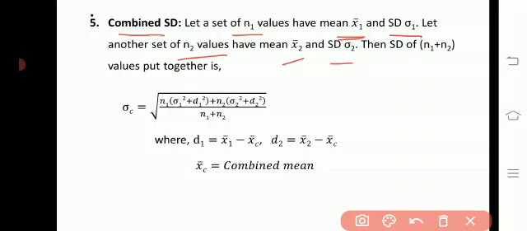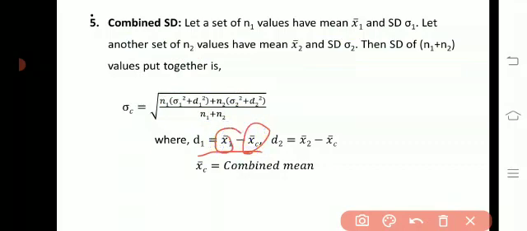Then standard deviation of n1 plus n2 values put together is sigma c, that is standard deviation of combined set. Sigma c is equal to square root of n1 into sigma 1 square plus d1 square plus n2 into sigma 2 square plus d2 square divided by n1 plus n2, that is the total number of observations of first and second samples, where d1 is equal to x1 bar minus x bar c, that is mean of first sample minus